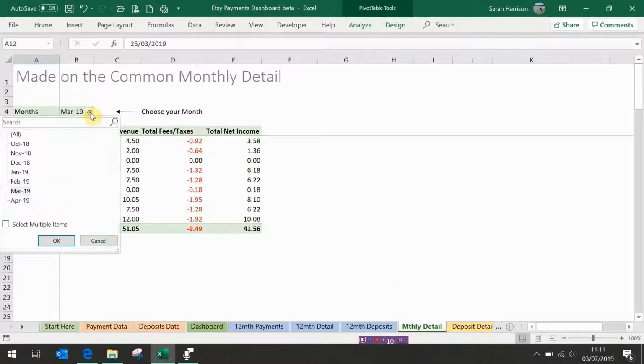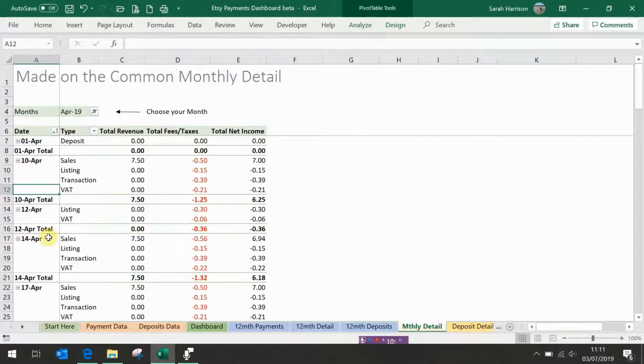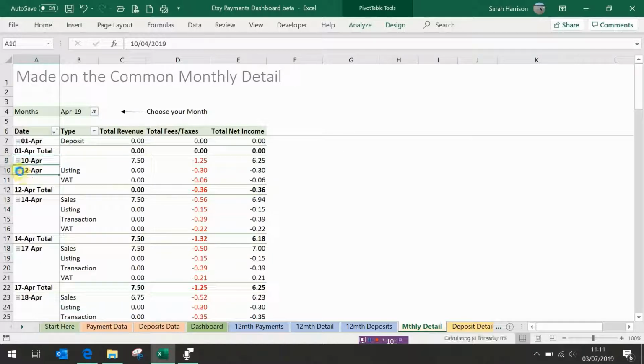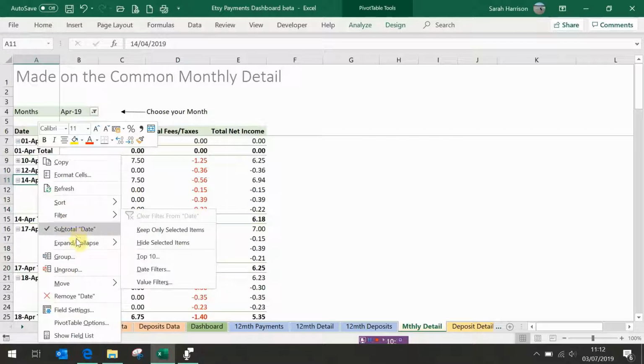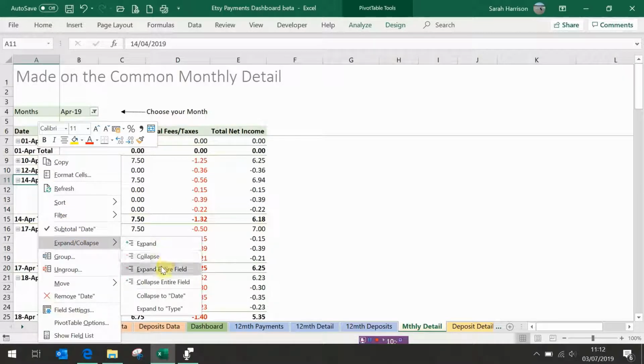So on this one you can select a month. If I wanted to look at April, you can get a breakdown of what's gone on each day by type. You can close that up if you don't want to see the individual days and just see what's gone through the account. If you want to highlight all of these, if you right click on the date, go to expand collapse, and do collapse entire field,